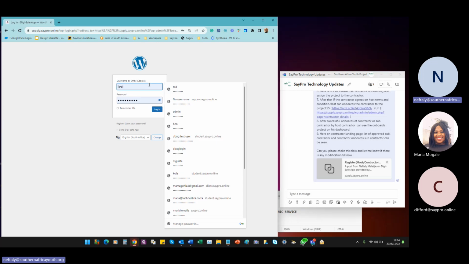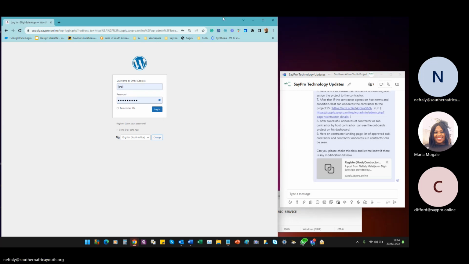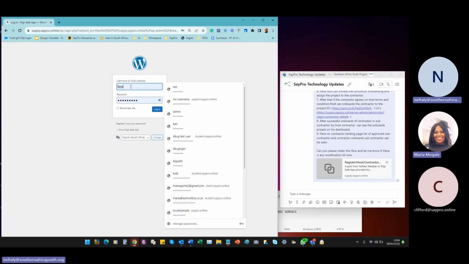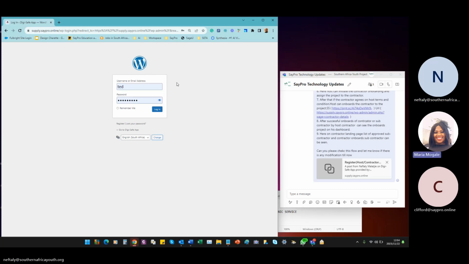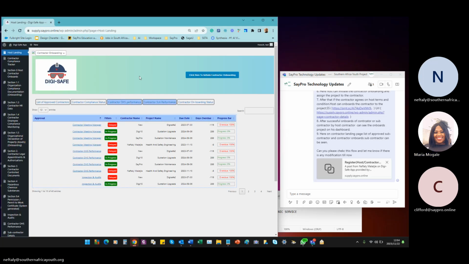So do we start with the, I see you recorded. Okay. Do we start with the host? I think, yeah, let's start with the host. Let's see if all the host activities are in place, and then we can go on. We initiate, like we're on board, and then the contractor does what they need to do, and back to the host. For now, maybe let's do just the 3 scenarios.